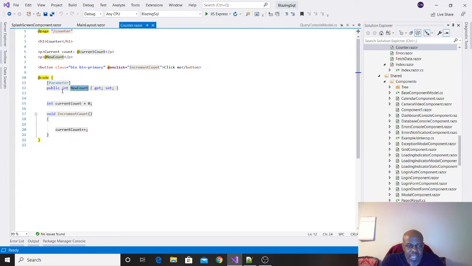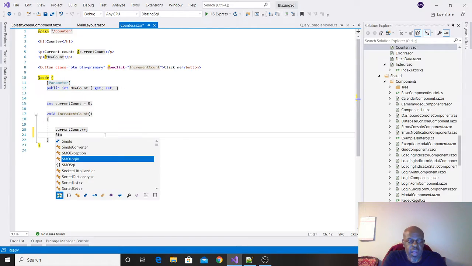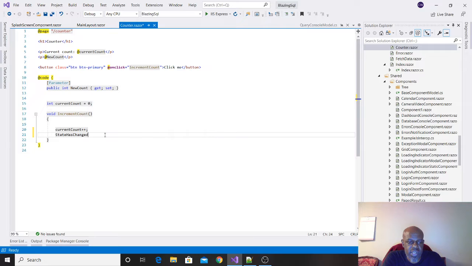Then, the one thing you've got to remember with outside state, if you're passing in outside state, then you don't have to worry about this thing that they call StateHasChanged, which is something you have to call whenever your state changes on the outside of that component. And since this component's state is changing within, you don't necessarily need to do that.